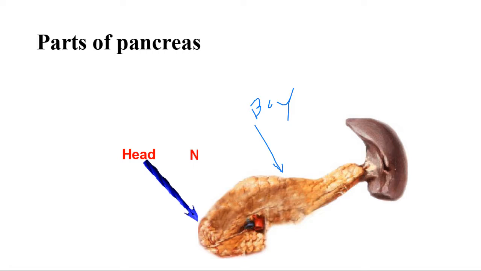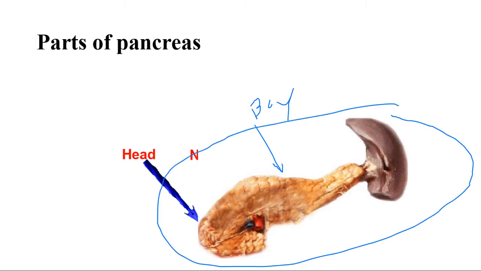They are the same: head, neck, body and tail. It is not coming here. This same diagram is there in your PPT. What are the parts of the pancreas? Head, neck, body and tail. What is the big deal here? It is not coming, Baba. There is some problem. When you take the downloaded PPT, it is there. It is not displaying here.